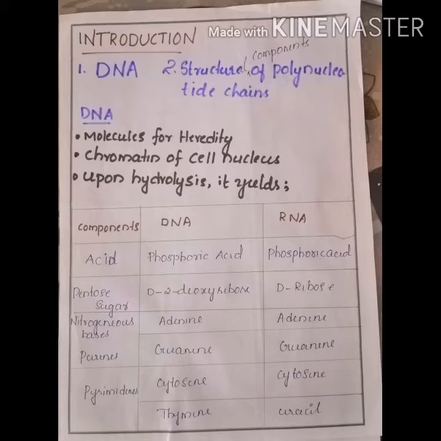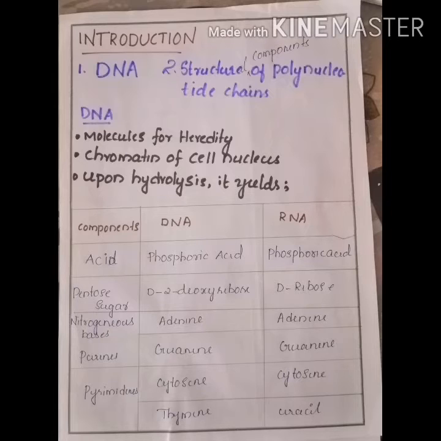The nucleic acids are the molecular repositories for the genetic information and are jointly referred to as the molecules for heredity. There are two types of nucleic acids, DNA and RNA. Both types of nucleic acids are present in both plants and animals. DNA is found mainly in the chromatin of the cell nucleus, whereas RNA is present in the cell cytoplasm. Upon hydrolysis under a different set of conditions, the two nucleic acids yield a pentose sugar, a phosphoric acid, and nitrogenous bases.